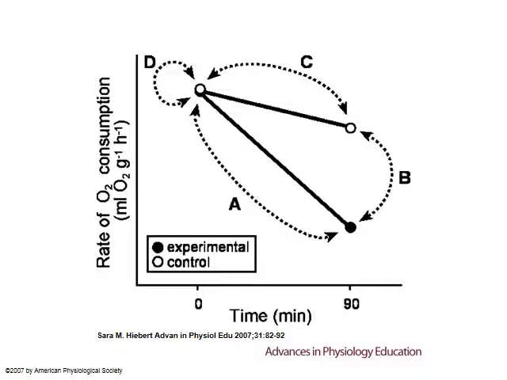So if you compare just comparison A, looking within the same subjects at time 0 and time 90, you've got 2 different things going on there. You have time potentially affecting things as well as temperature. So you can't say what is just due to temperature. So that's not a good comparison to make on its own. If you look at comparison B,